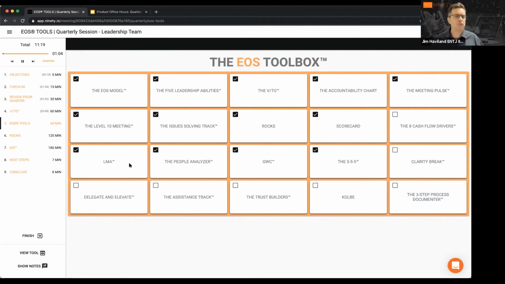It depends what your plan is for rolling out EOS to the rest of the organization, but coming with agreement and a plan for how you're going to roll these things out. The tool here just helps you keep track of where you've been, but hopefully you've written down some dates, future quarterlies, and what tool you're going to look at.